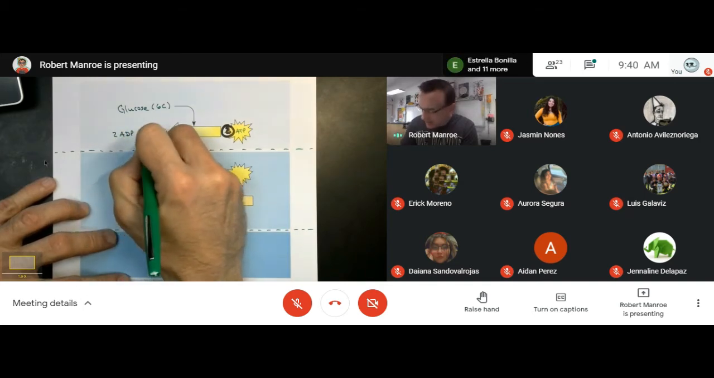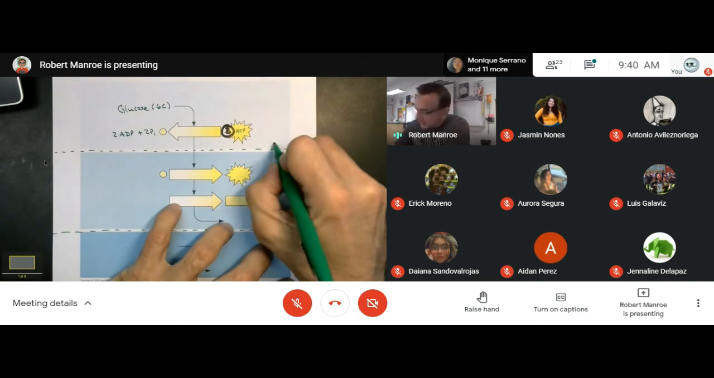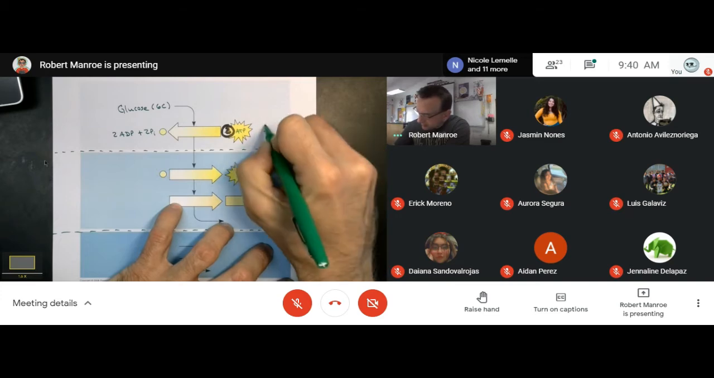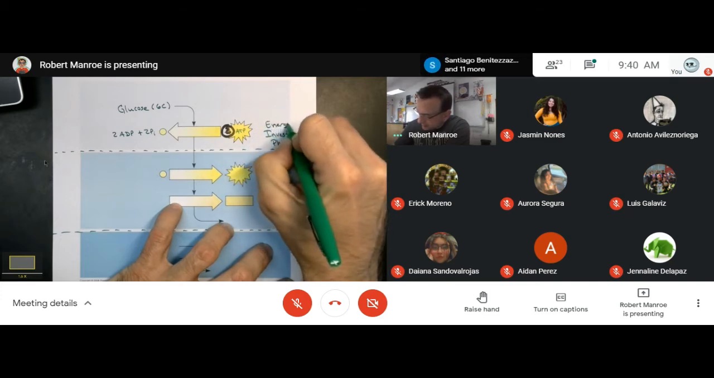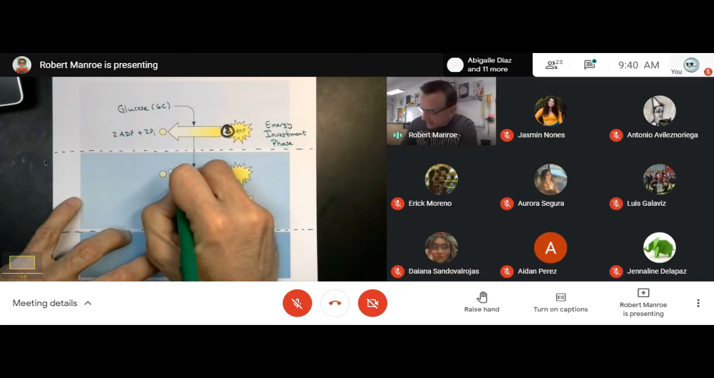ADP plus 2 inorganic phosphate. Make the chemists happy with the Pi. That's what that little circle is there. Fine. Okay, so 2 ATP are invested. So this is commonly called the energy investment phase. Have to put something in order for you to get more out, to get a payoff at the end. Cool. So then what happens is by a process called substrate level